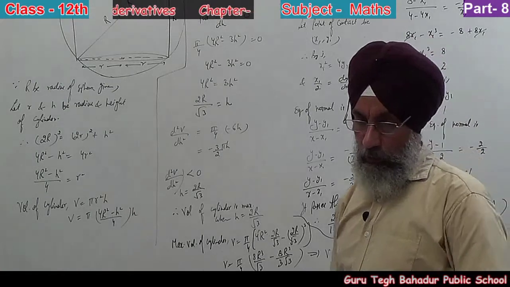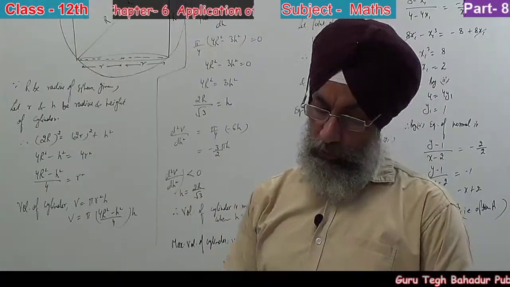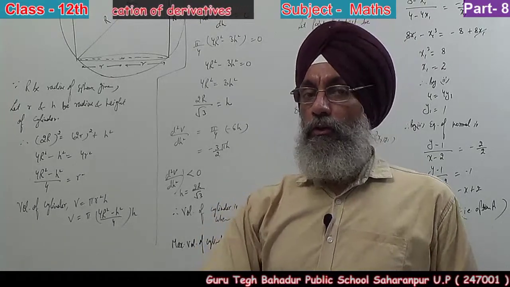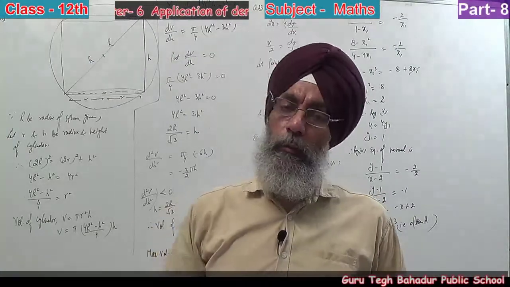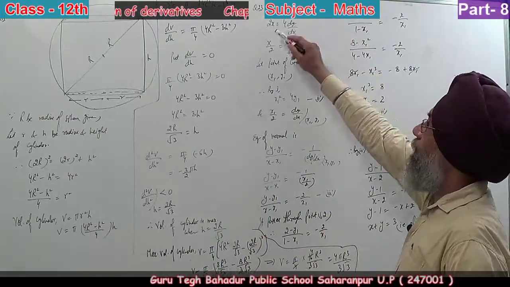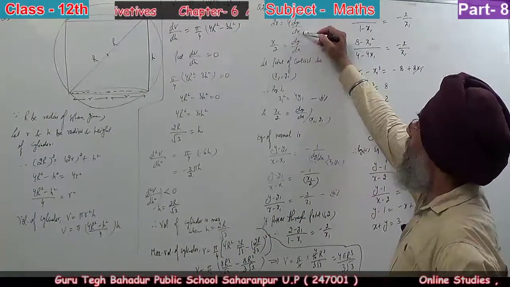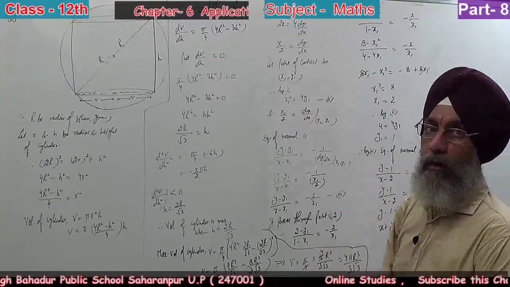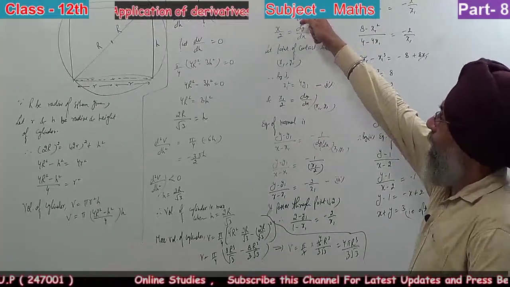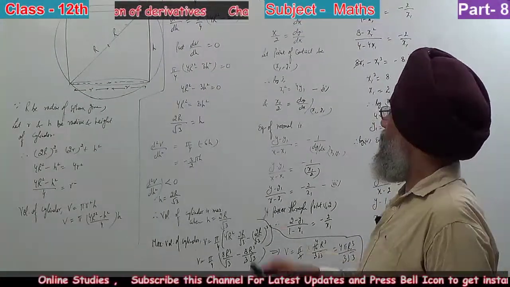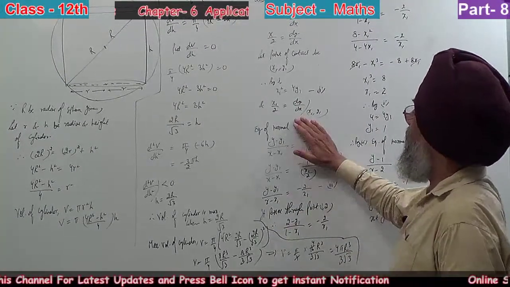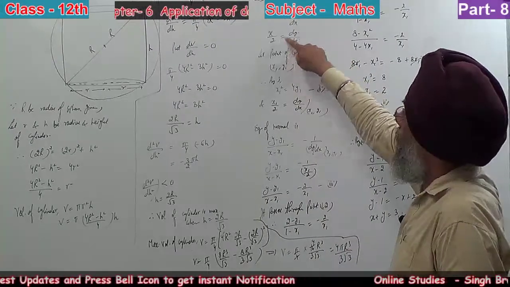In the question number 23, that is a multiple choice question. Now, normal to the curve x square is equal to 4y passing through (1, 2), not point of contact (1, 2), just passing through point (1, 2) is what we have to find out. So, we have taken x square is equal to 4y, differentiating, 2x is 4 dy over dx, or x upon 2 is dy by dx. Let point of contact be (x1, y1). So, it becomes x1 square is equal to 4y1, x1 upon 2 is equal to dy by dx at point (x1, y1).